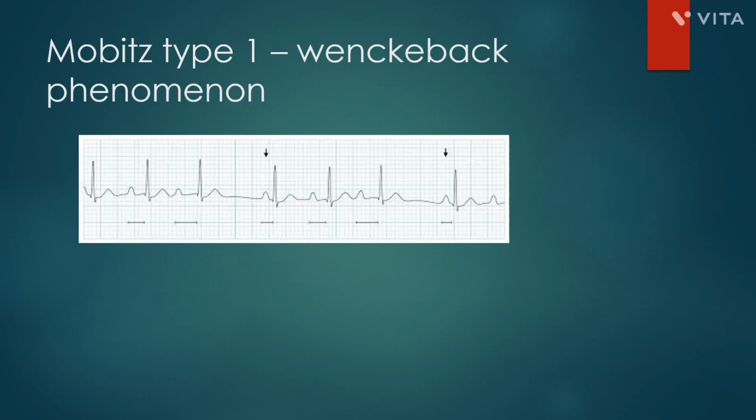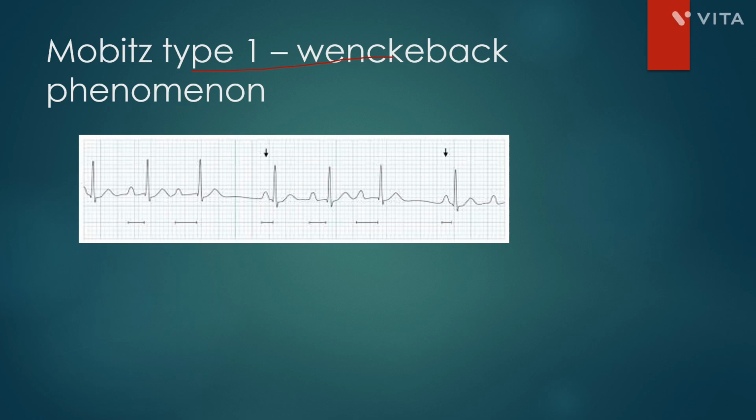Now, another scenario wherein they explained Wenckebach phenomenon, that is progressive prolongation of PR interval until one QRS drops. That is the explanation. So they asked what is this type of heart block. It is Mobitz type 1, which is Wenckebach phenomenon. Mobitz type 1 is there, Mobitz type 2 is there. Mobitz type 2 is where some P is not conducted, and it can very well go on to third degree heart block.